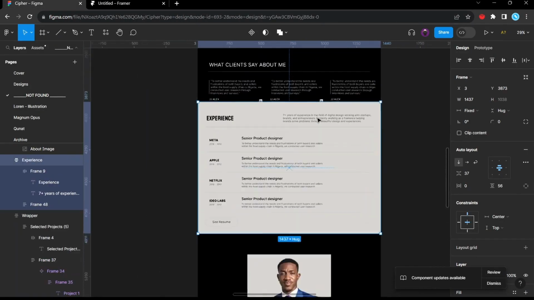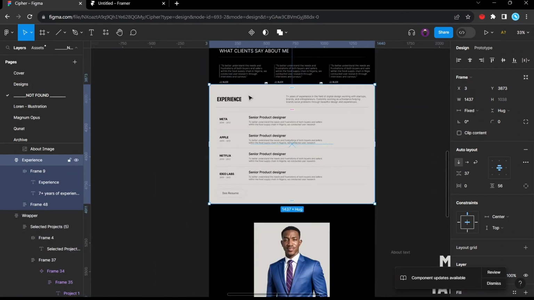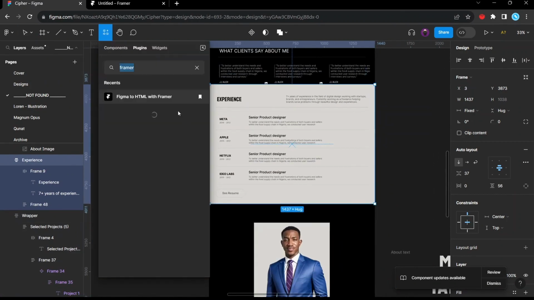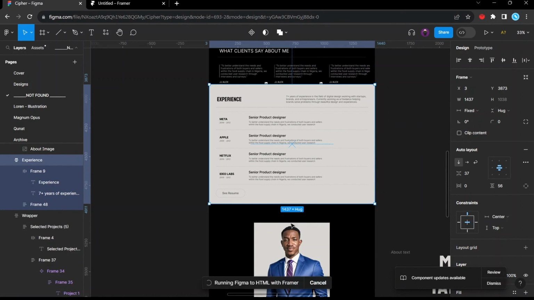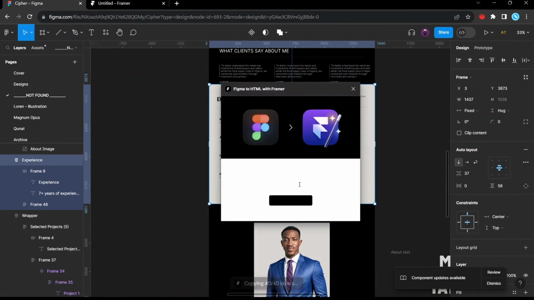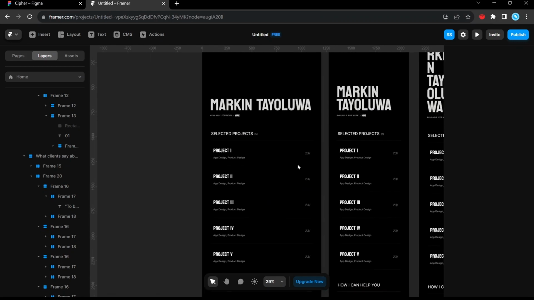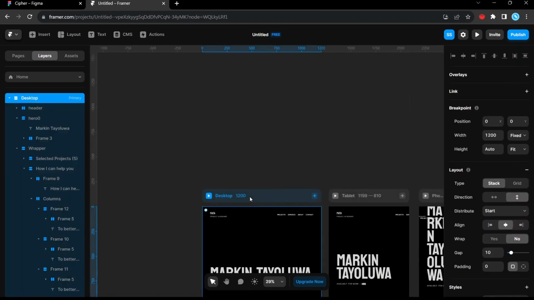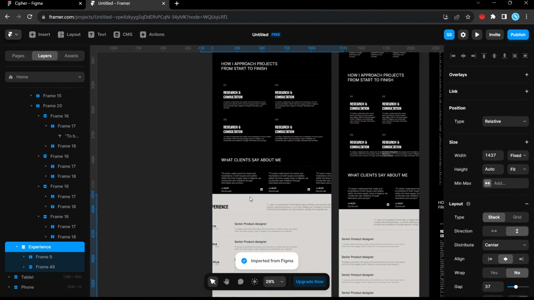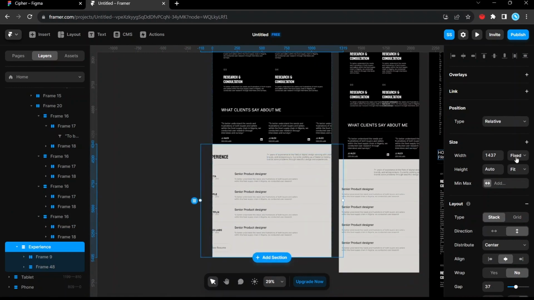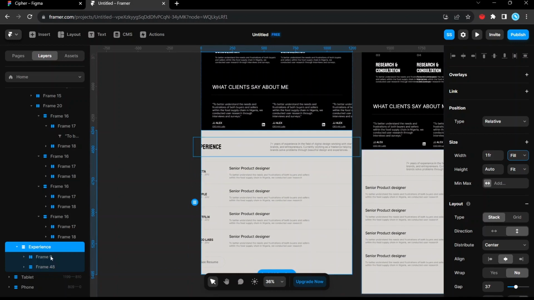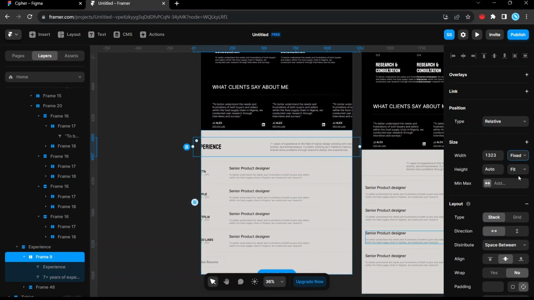So we have this, the experience. For the experience, same thing, go back, select the plugin, copy it, and paste it in. So just select the entire desktop and paste that in. Same thing, change the width to fill, and the information within it, change it to fill, change this one to